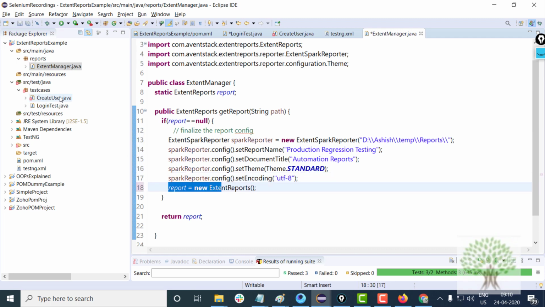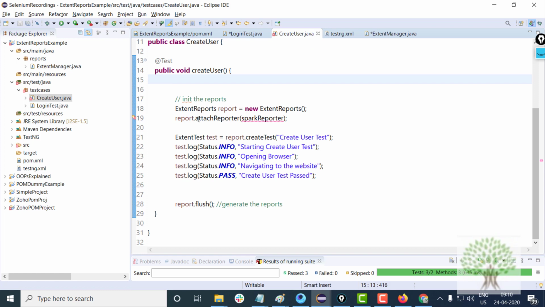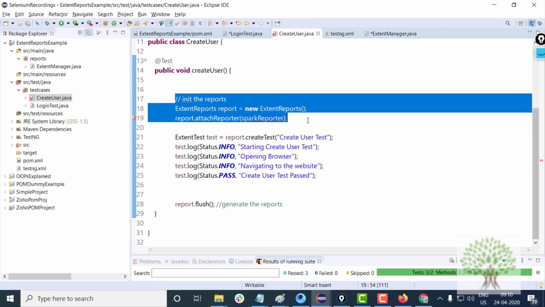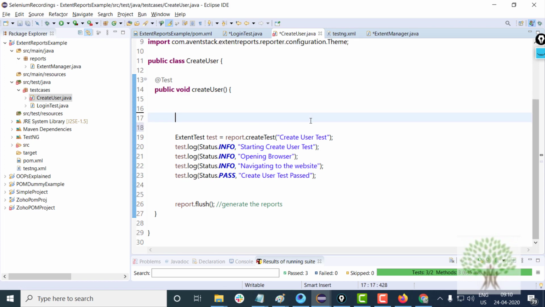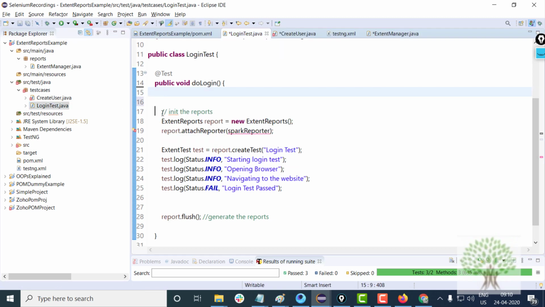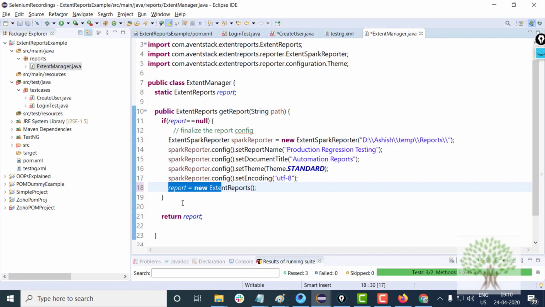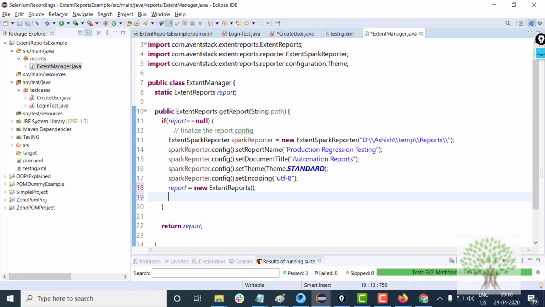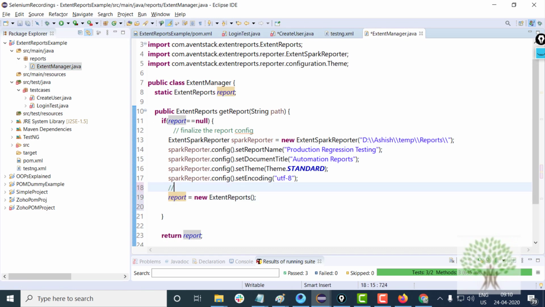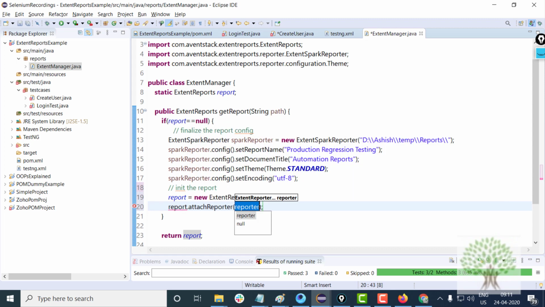You will initialize the report and remove this from the functions as well. You won't write the initialization of the reports over there. You will write it over here. You will write report dot attach reporter, Spark reporter, the configurations.